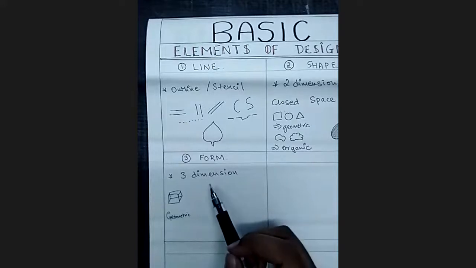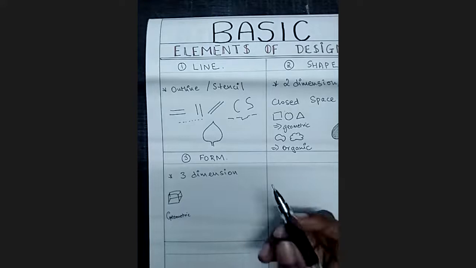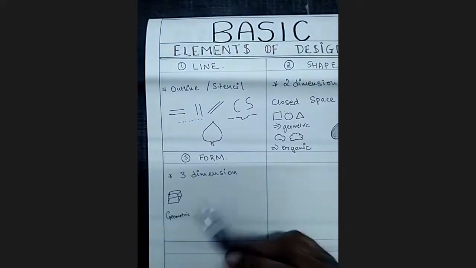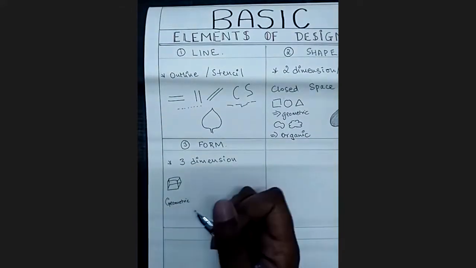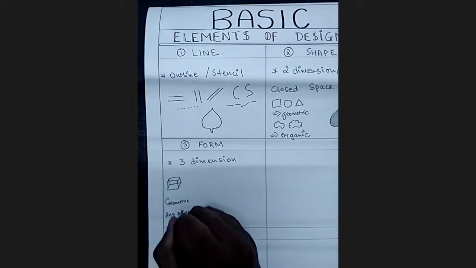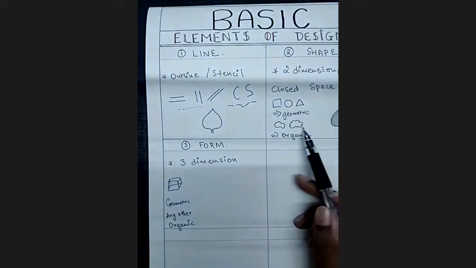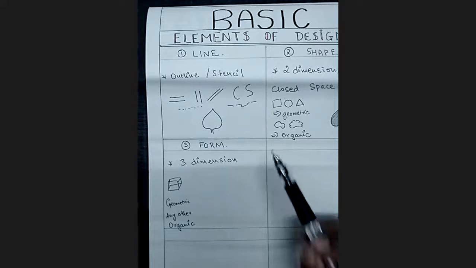Don't get confused between this and this. We're talking about 3D here and 2D here. Now we also have organic, the same as we had in shape. Organic is simply any other shape. So if this cloud had some shadows, or maybe I'm showing the side view of the cloud, then that becomes